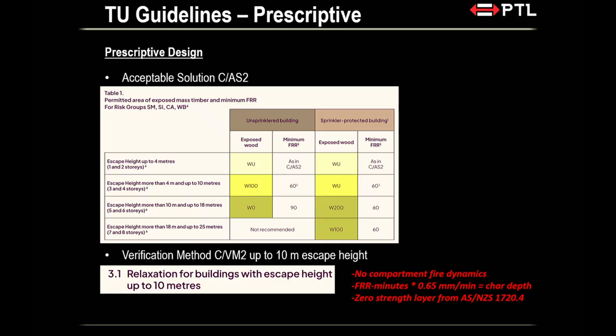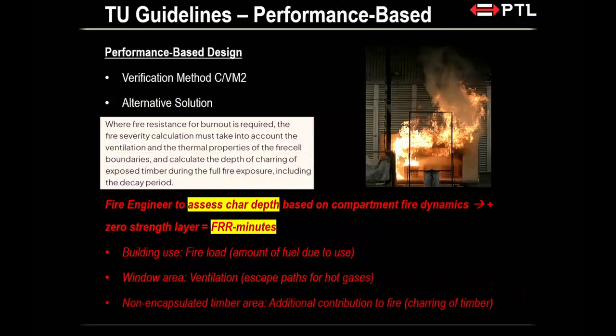You will then multiply it by 0.65 standard charring rate, and you figure out your char depth for sizing of your column beams, design of protection to your connection, that kind of stuff. I leave it all to you. But still, you have to add in your zero strength layer if you need to for your design, right? So this is pretty standard stuff. Like we like doing prescriptive design.